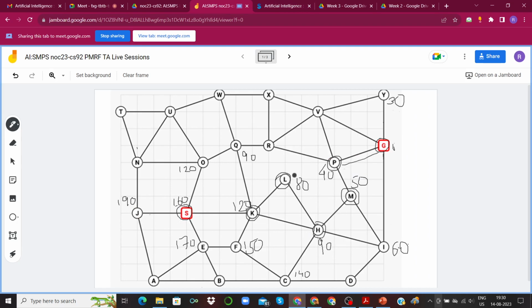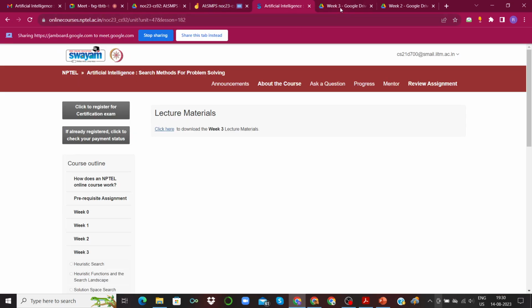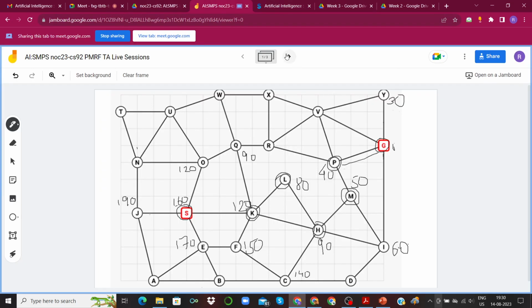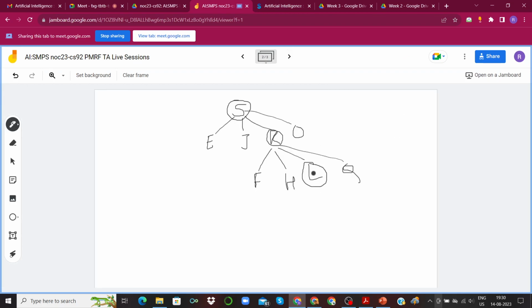But now we saw that from L we can go to only H, right? Which at this point would already be present in the priority queue. So we are in a situation where there is no way for us to add further to this solution tree.